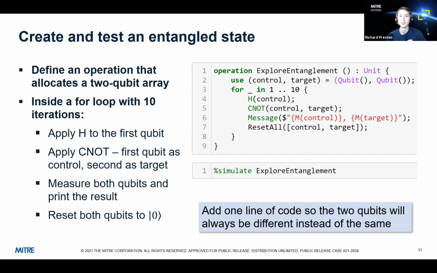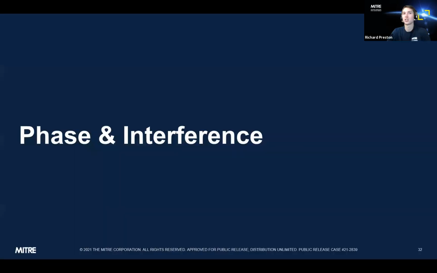All right. I think we can move on. So this is going to get a little bit trickier. If you thought that was really tricky, get ready. The next section we're going to talk about is really the last key concept in quantum computing and